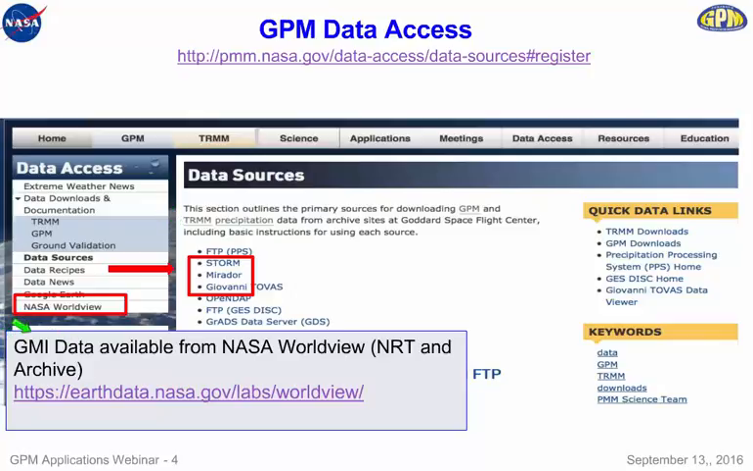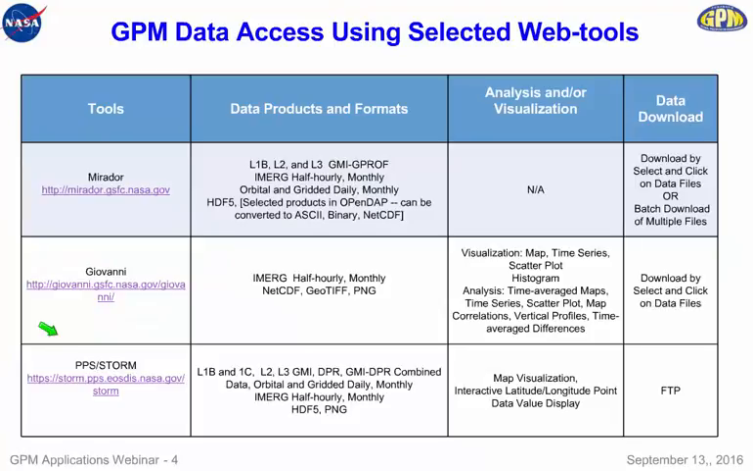GMI data are also available in near real time through NASA Earth data. Again, these sites do require a registration and login with your email address, but data are completely free. So here also, earlier we talked about Mirador, Giovanni, and PPS Storm, which data products are available through each and in which format they are available, whether they can help visualize and analyze, and what is the way to download